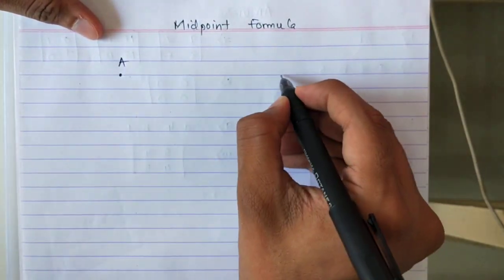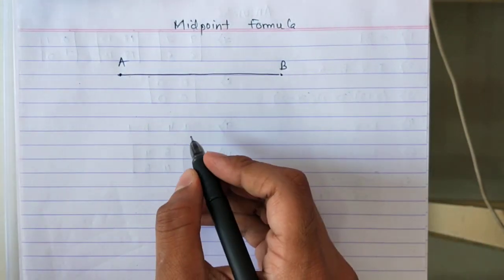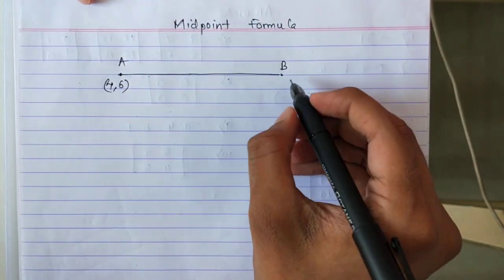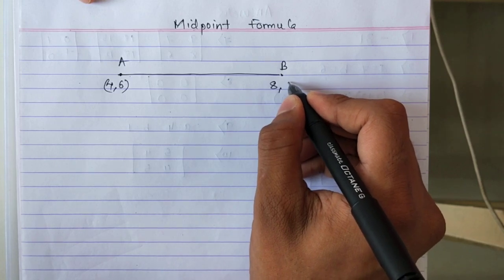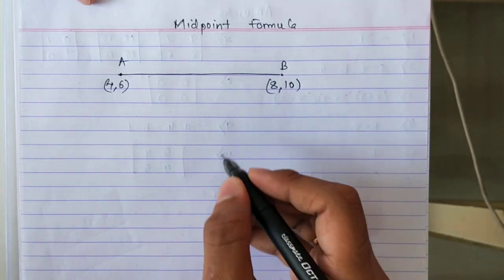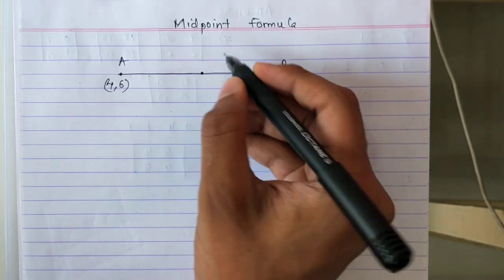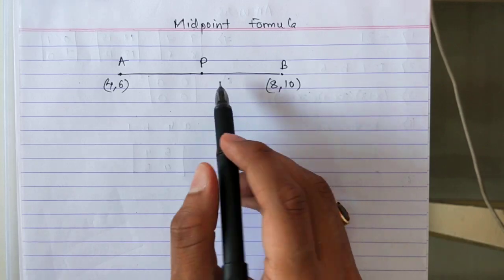If there are points A and point B, let's say these are the 2 points. This point is 4, 6 and here the point is 8, 10. I'm taking randomly 2 points,